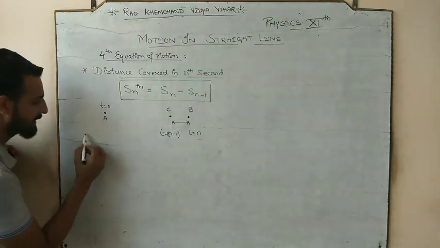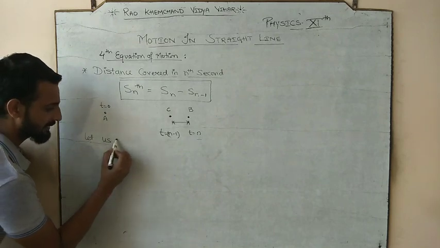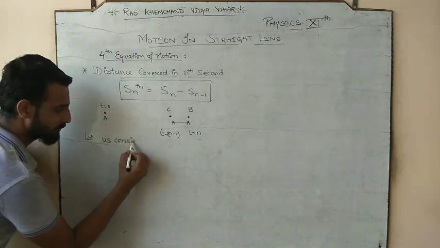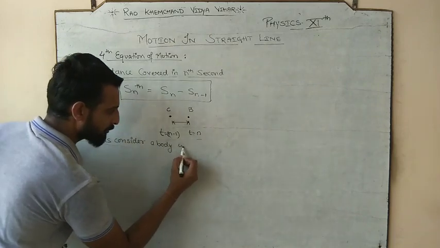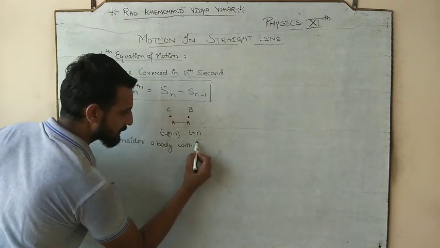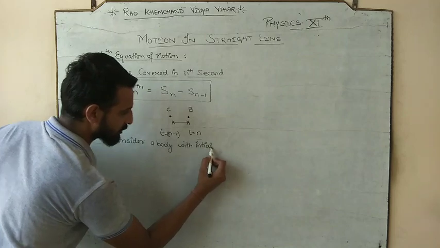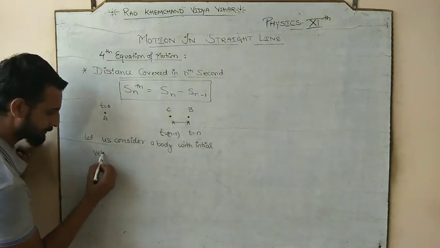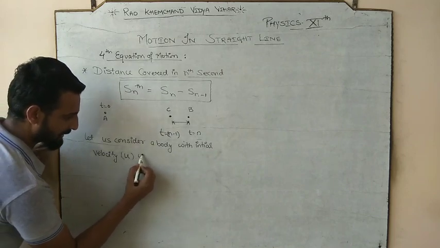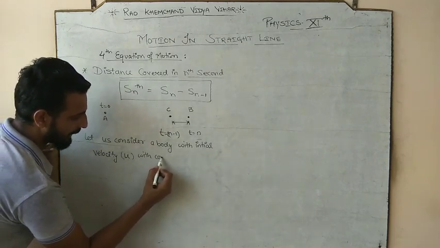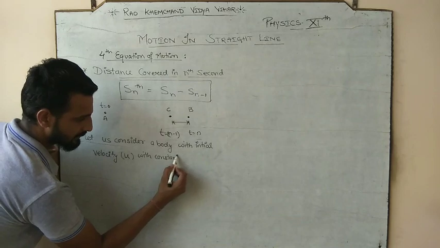So I am writing here: let us consider a body with initial velocity u with constant acceleration